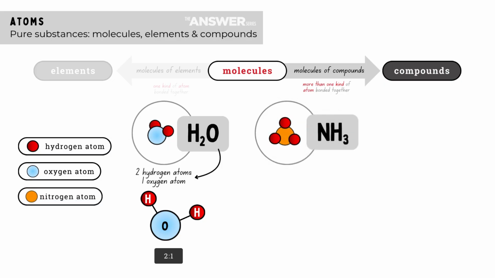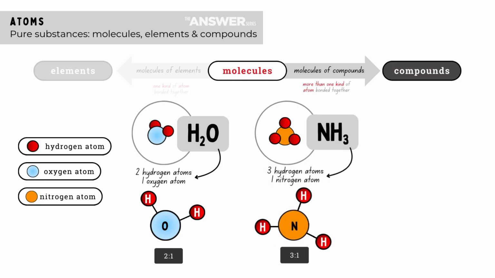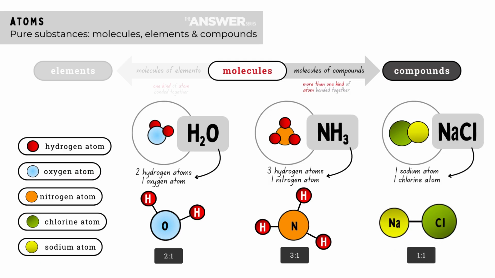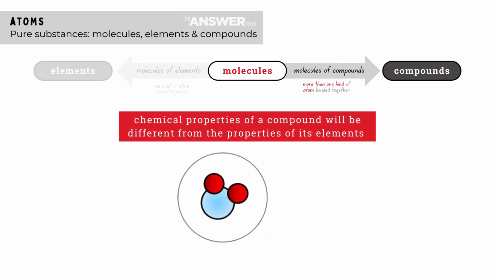The chemical formula for ammonia is NH3, because it consists of 3 hydrogen atoms bonded to 1 nitrogen atom. And the chemical formula for sodium chloride is NaCl, because it consists of 1 sodium atom bonded to 1 chlorine atom. Lastly, the properties of a compound will be different from the properties of the individual elements that make up